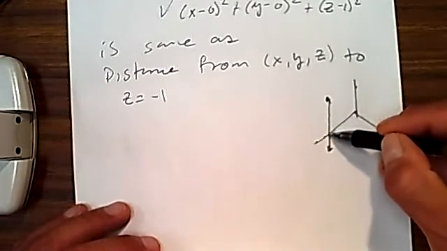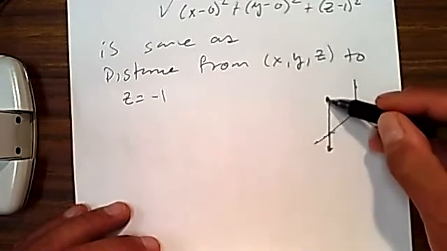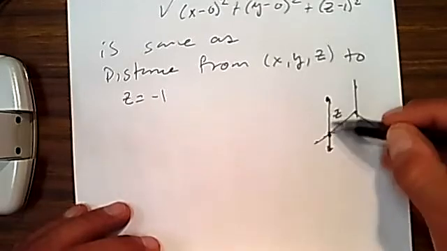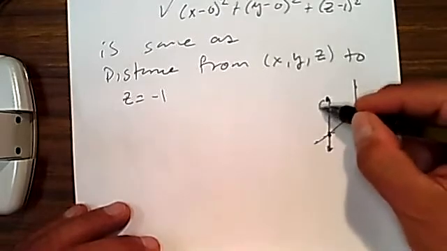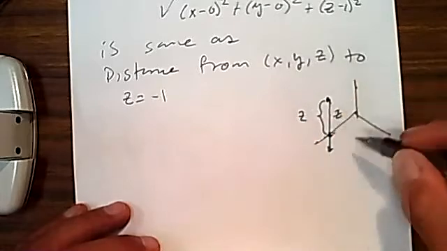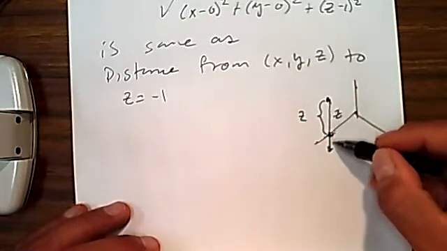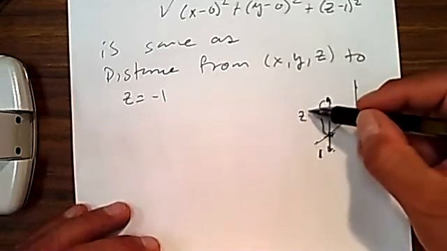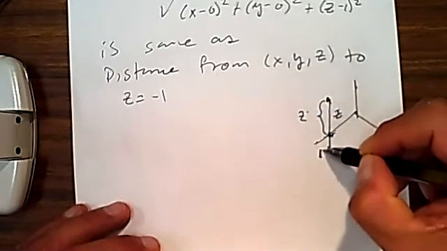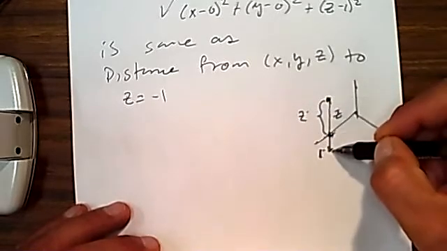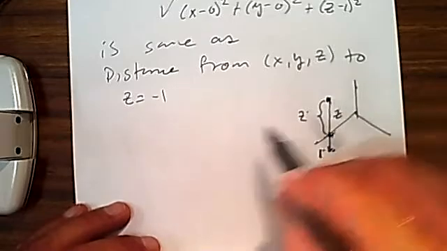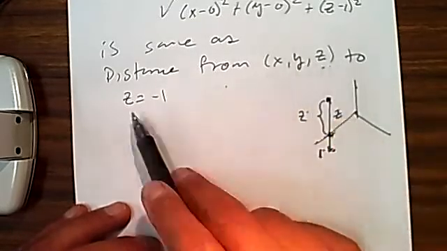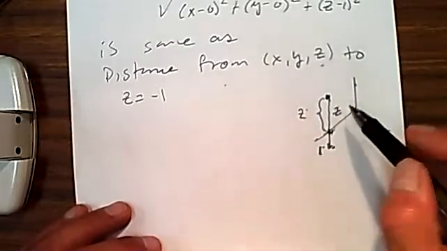the coordinate that tells us the distance from the floor to this point is going to be z. But this distance, let me draw it a little better. This is z, in addition to the distance from the floor to the plane. So the total distance is z plus 1. The total distance from the point to the plane will be z plus 1. The distance from x, y, z to z equals -1 would be,